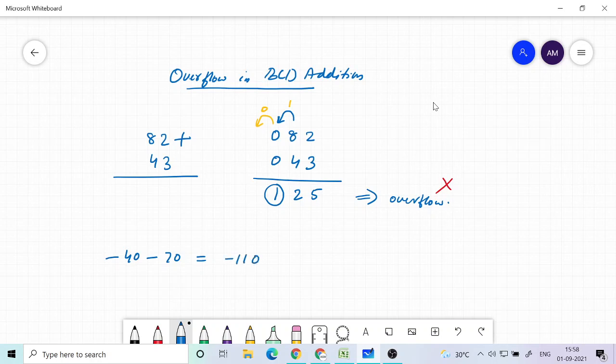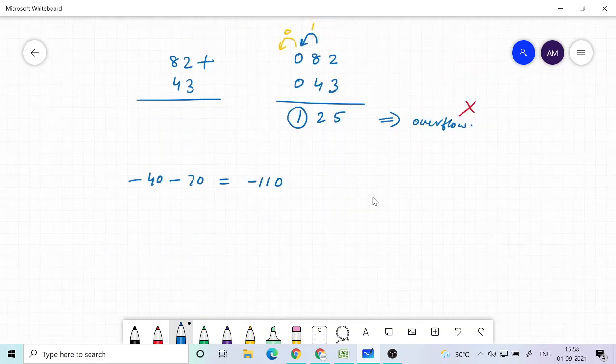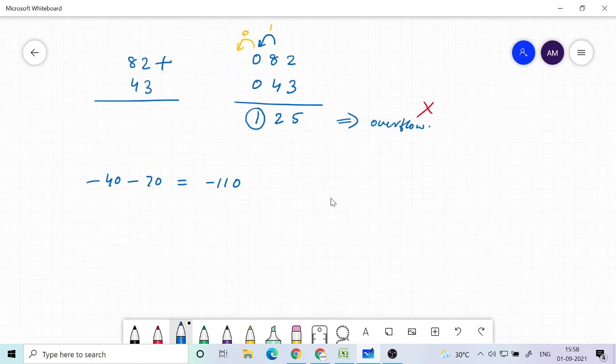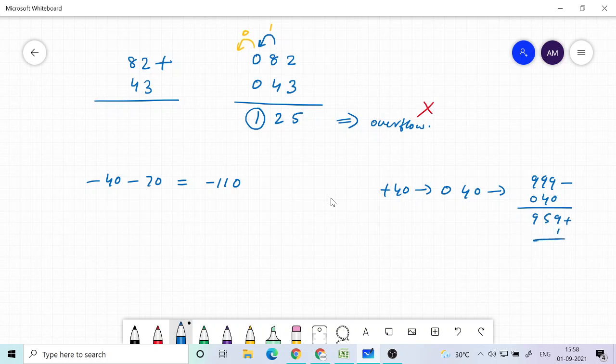If you start with a 3-digit representation, 3 decimal digits, for minus 40 you first take plus 40, which is 040, and then take the 9's complement, so 999 minus 040, which is 959, then plus 1, so that will be 960.